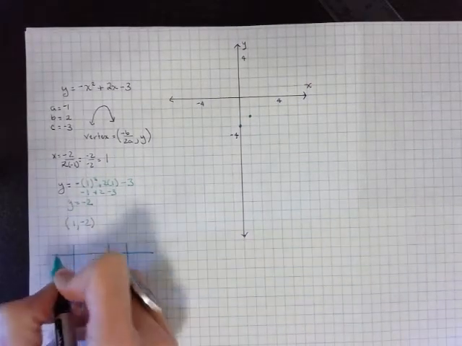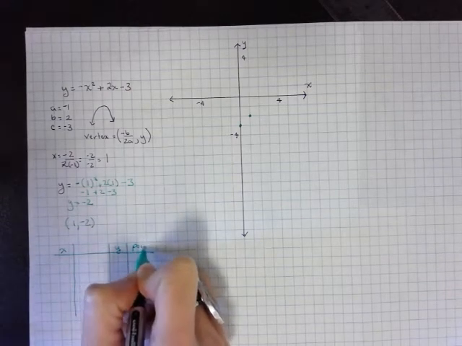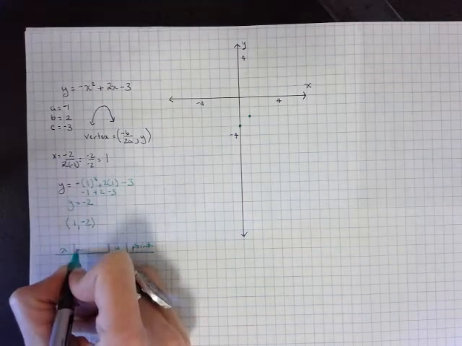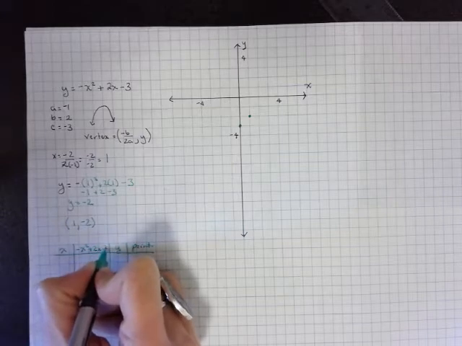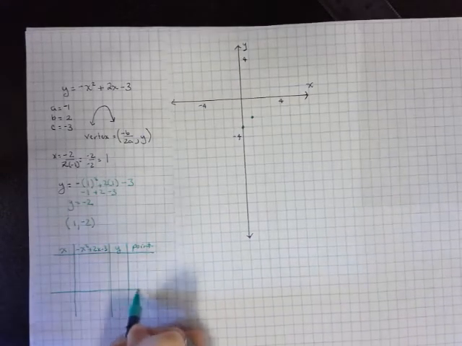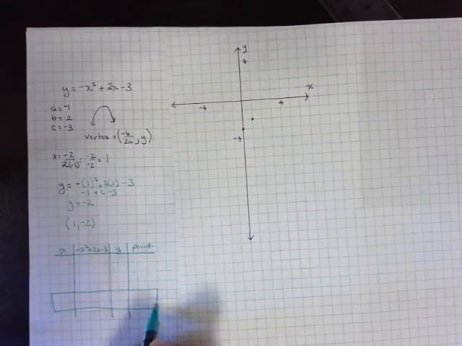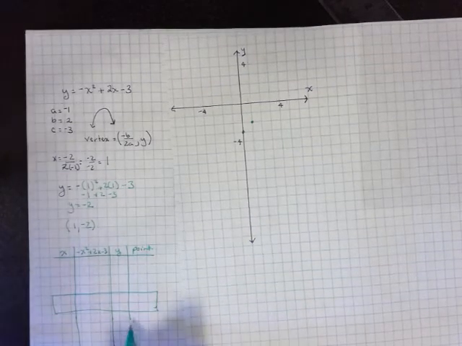We made a couple of columns: an x column, a y column, and a point column. This here is going to go in here. So this is the math that we're going to do: negative x squared plus 2x minus 3. And remember that with the absolute value equation, we put the vertex in the middle of the graph because we knew that the vertex